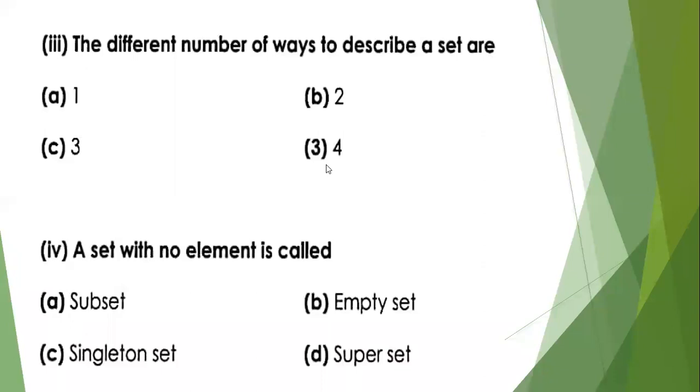Excellent. We have three ways to describe a set. The first one is listing method, where we list out all the elements. Then we have the descriptive method, where we describe the set verbally, like we say set of natural numbers. Moreover, we have another method which is known as set builder notation, where we write the set in shortcut way. Suppose x such that x belongs to natural number and x is less than 10 or 5. So this is a set builder notation.